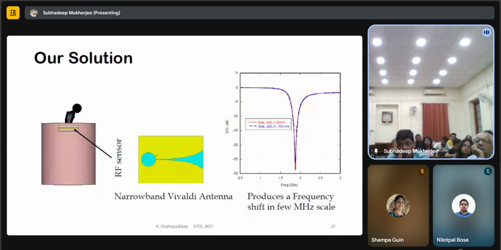For this, what we have done is put a narrowband Vivaldi antenna on both sides. One is the transmitter and the other is the receiver. We have picked up that as the implants move, and these are, till now, simulation results, this gives an important insight: as the implant moves inside the body, the frequency changes. This is a measurement of the S11 parameter. So the resonance frequency is shifting. But the frequency shift is of the order of megahertz, and it is very hard to measure with any RF